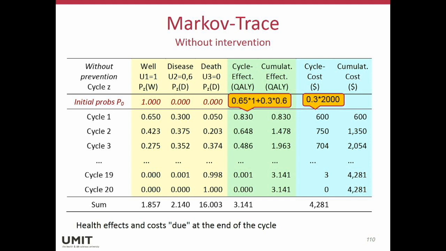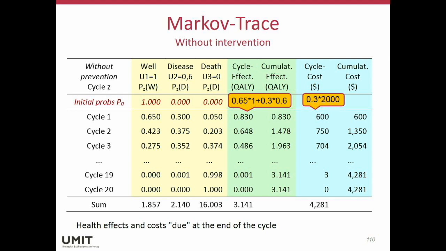Now the question is, how do I calculate the cycle costs? The cycle costs are based on the proportion of people that are in the health state disease, because only in the disease health state did I attach the costs for the treatment. And since I now know the proportion of the people, which is 30%, times the 2,000, which gives us then $600